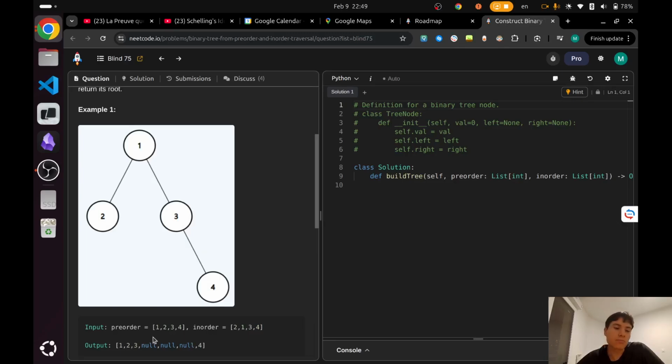And the other observation is that we can visit the nodes in the pre-order way. So I visit this node, the 1, then I search the child here. In order to know where the child is, I need to get where the 1 is located in the in-order array. So I need some sort of dictionary that maps the node value to an index. And then